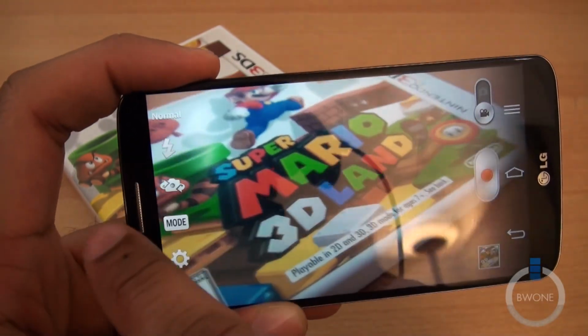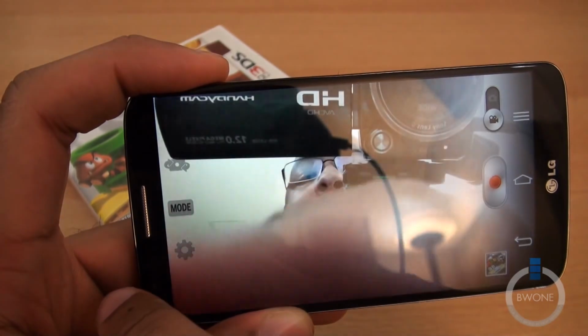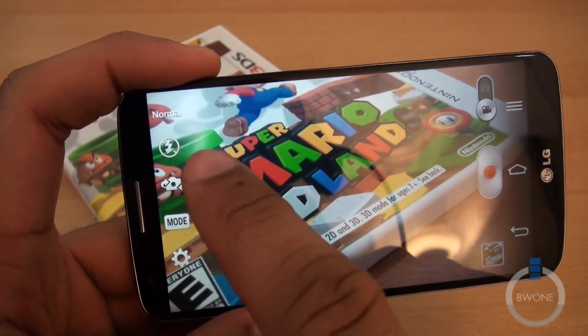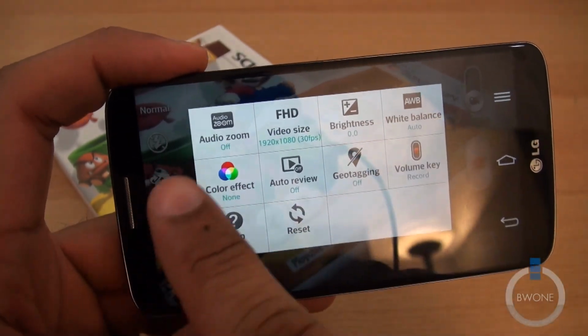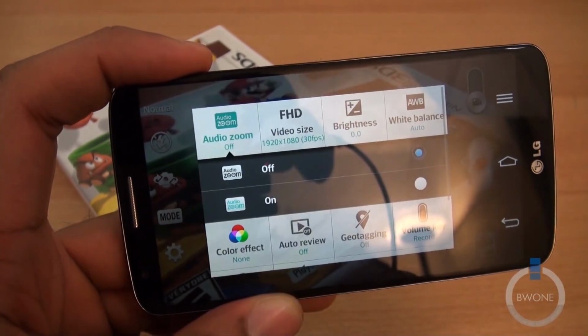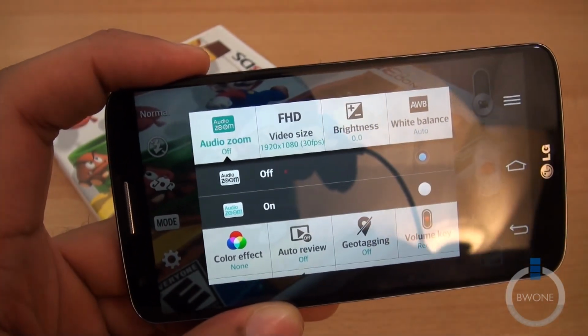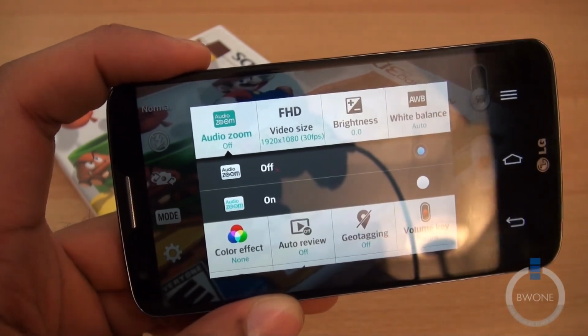And you do have the flash, no flash option as well. You do have your different modes to switch back and forth between, different camera views to switch back and forth between, and your settings here at the bottom. You can have audio zoom, which basically, when you zoom in, is going to try and capture the audio zoomed in as well. So if something's from a distance and you want to hear that as well,